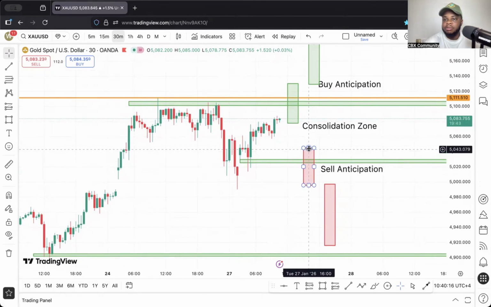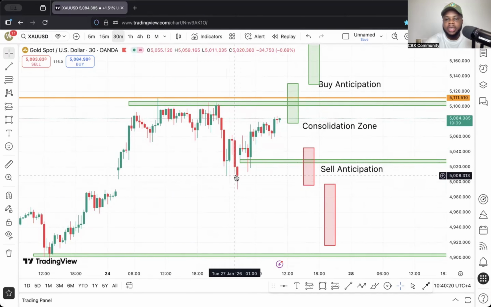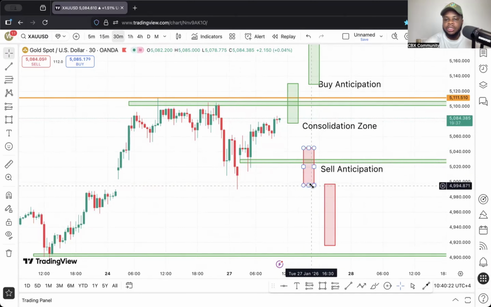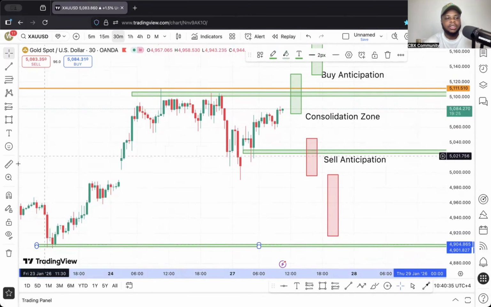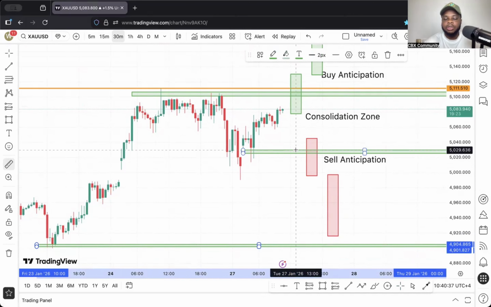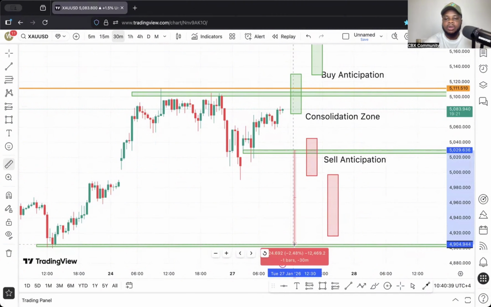Then if there is volume in the market, the candle should be able to continue to come down to fill this week. Therefore, the candle closes with a bearish candle, by which the next candle will have to break the low of this bearish candle over here. Then we can anticipate taking a position for the trade to continue to come down to this support zone over here. And we also need to understand that from this support zone down to this support zone, we are looking at